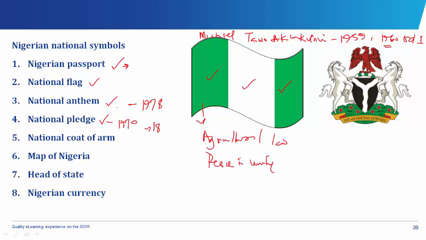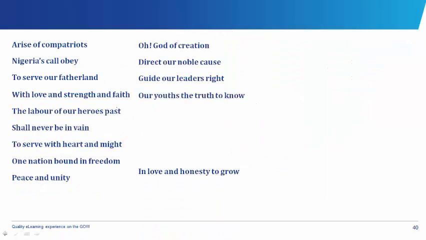So this is a sort of promise or pledge made by citizens to their country. It is regarded as an oath of citizenship which promises to the country. It helps the citizens to grow, to love and serve their nation, and reminds them of their responsibilities to their nation. Okay, so let's look at the national pledge.